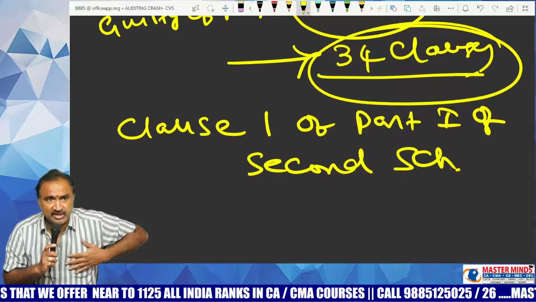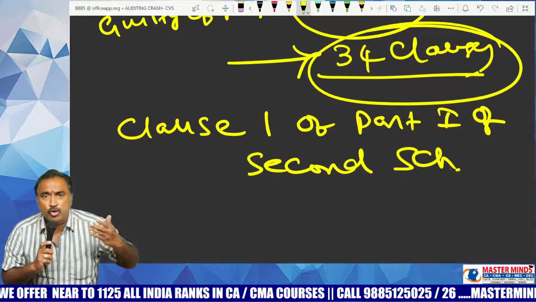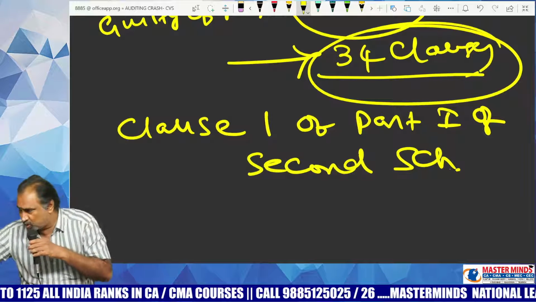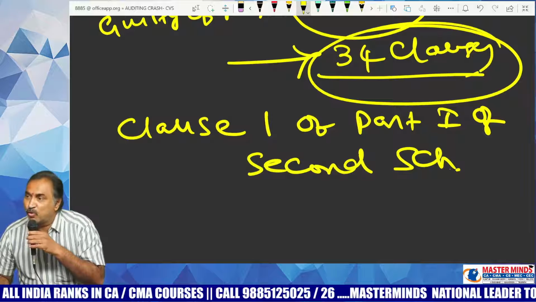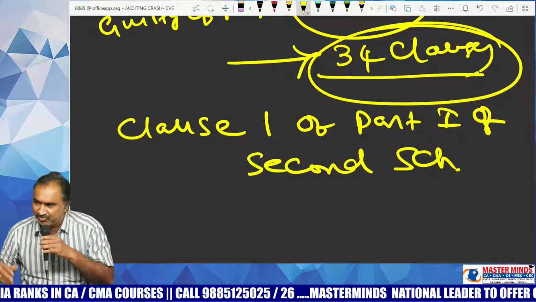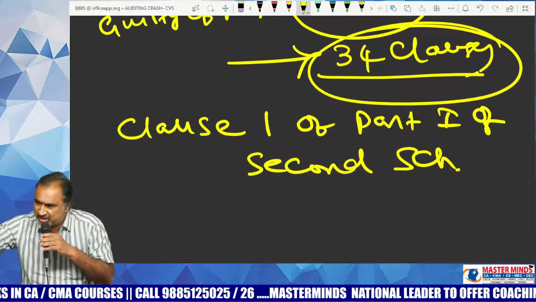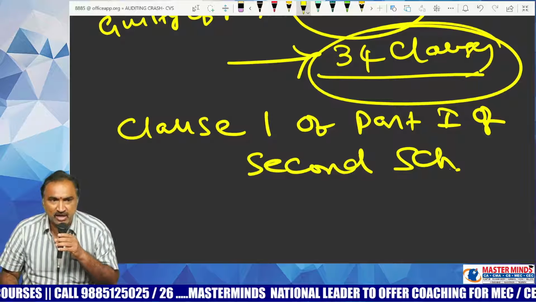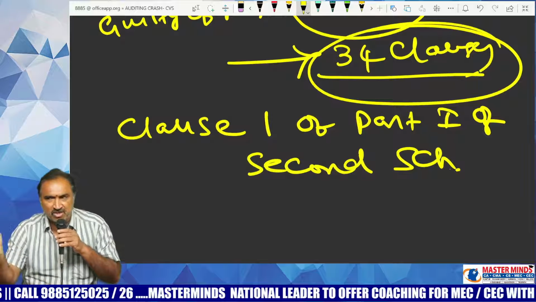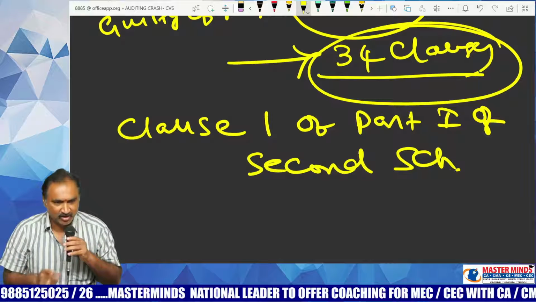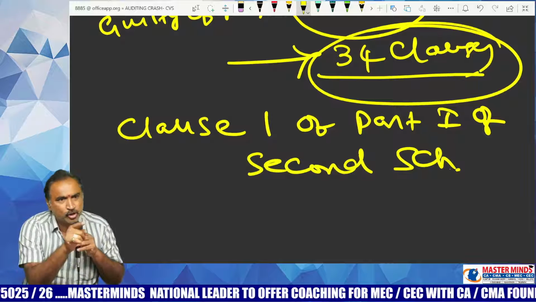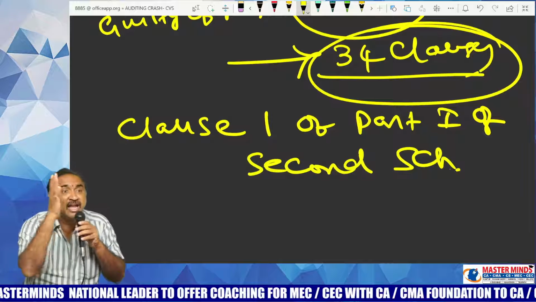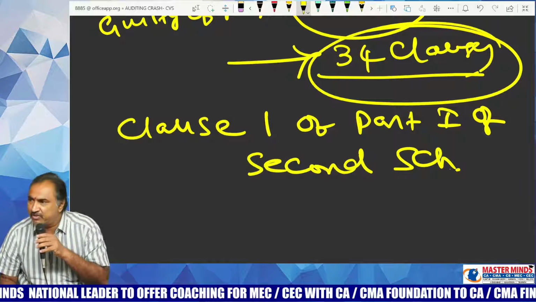So a chartered accountant in practice shall be deemed to be guilty of professional misconduct if he discloses any information obtained by him during the course of his professional work to any person without the consent of the client. If you disclose any information that you obtained during the course of performance of your work as an auditor without taking prior permission from the client, you will be deemed to be guilty of professional misconduct.